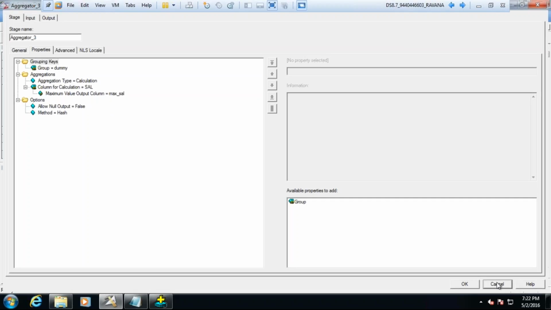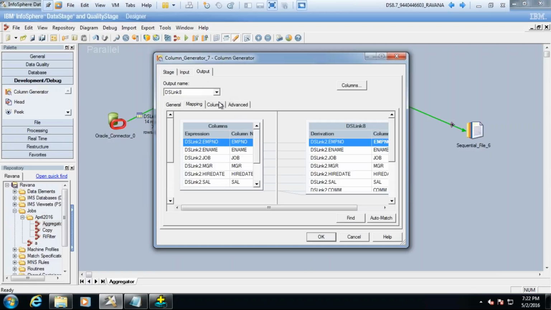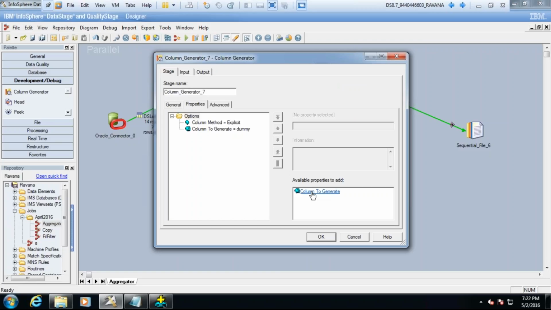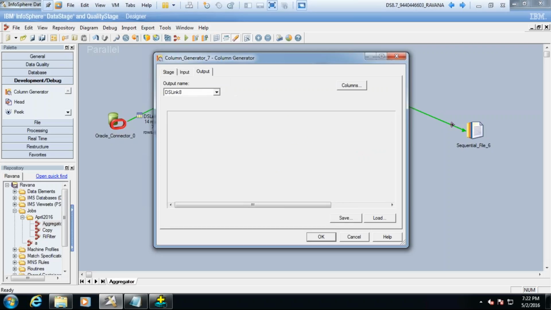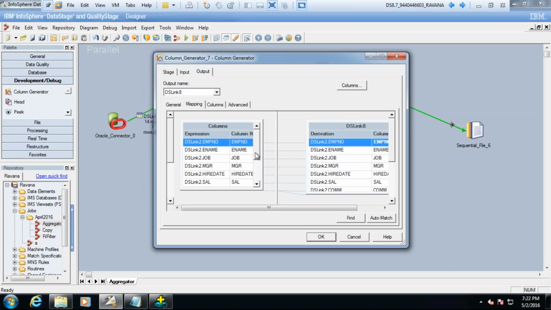So what I need to do is generate another column. Go here, click on the column generator and make it dummy 1. Come over here, map the dummy 1 to the output.